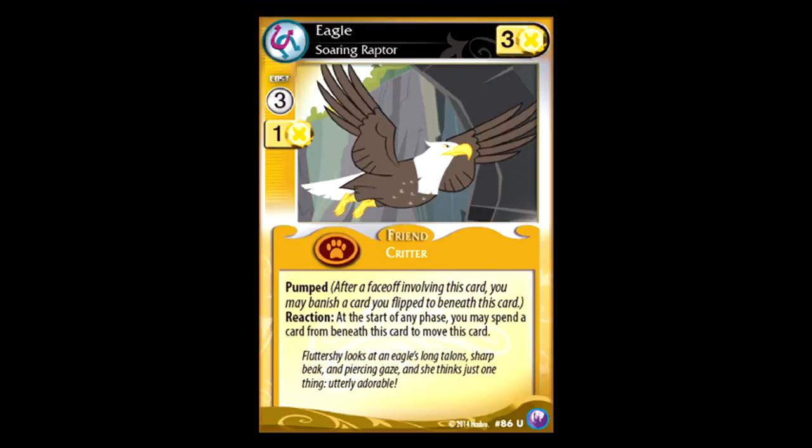Eagle is arguably the best critter and gives this deck some pump. I think most decks in Canterlot Nights are going to need something that pumps because if you don't and your opponent does have something that pumps, you're at a slight disadvantage. But I really think Eagle's pump is really good because at the start of any phase, you can spin a card from beneath him to move him,